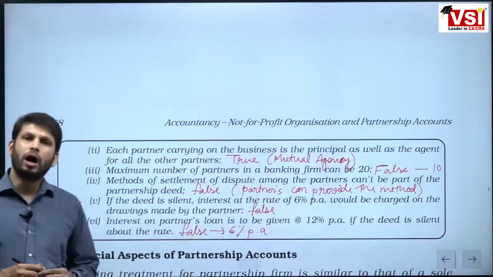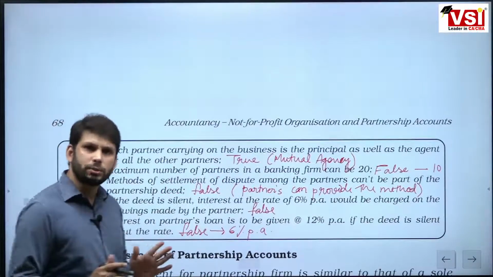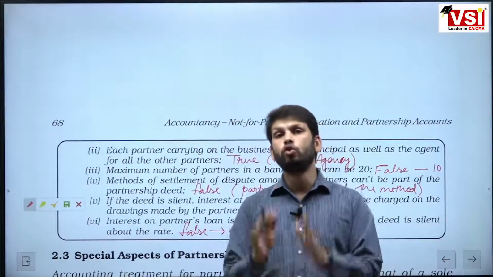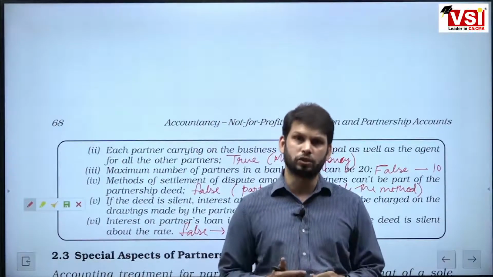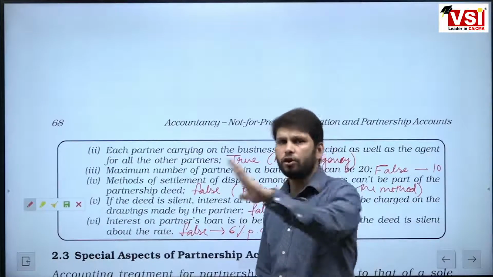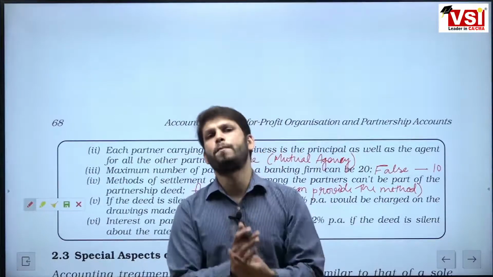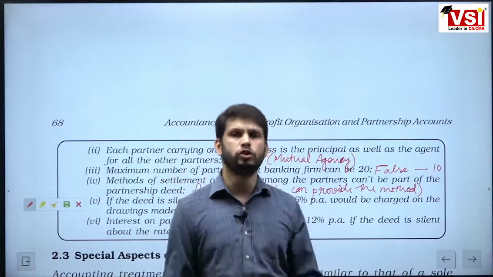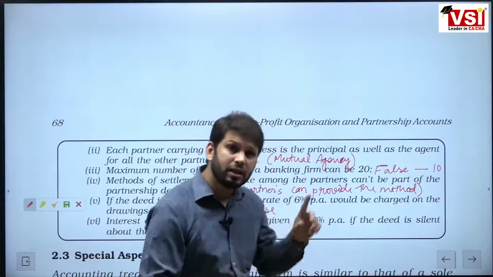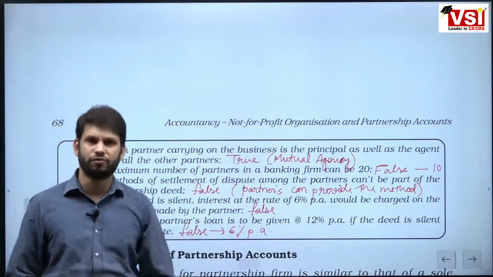With this, we are done with this lecture. We learnt about partnership deed, and most important thing, we learnt about the rules which are present in absence of partnership deed. Most important thing. The entire chapter will revolve around this theory. Now, I'll just have to tell you about the formats of capital, and then we are good to go with the numericals. I know you all are waiting for the numericals, but if we understand these practical points, numericals become so easy for us. Thank you.